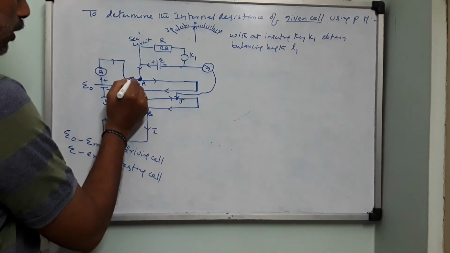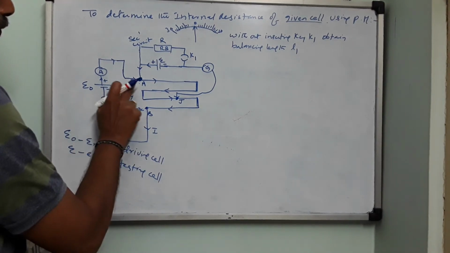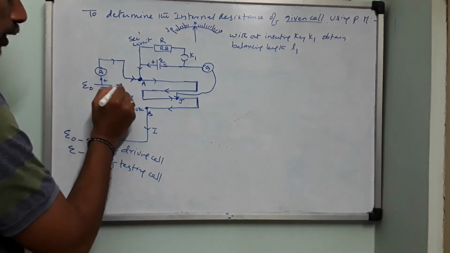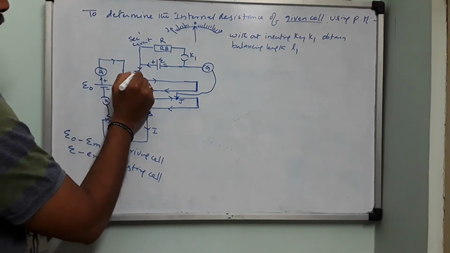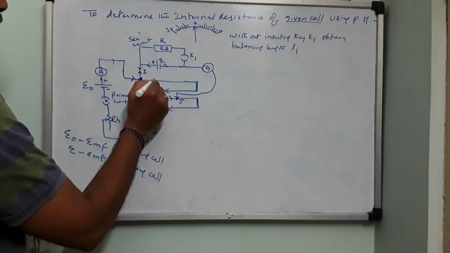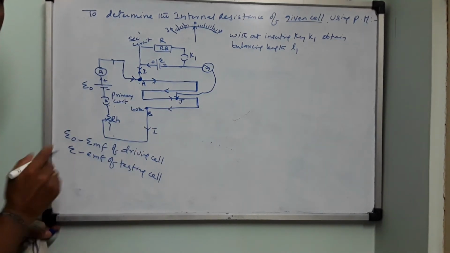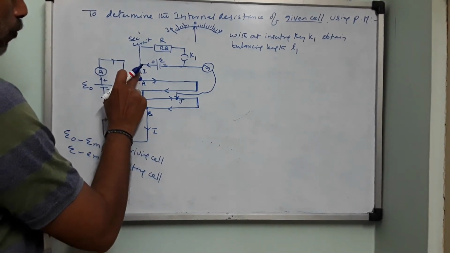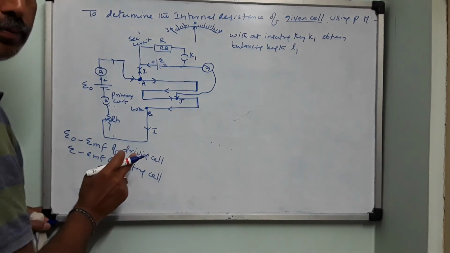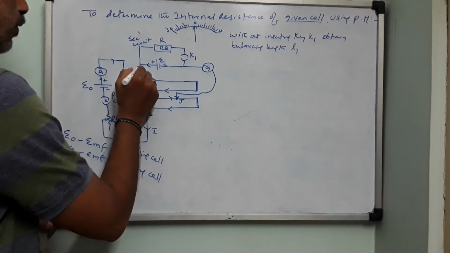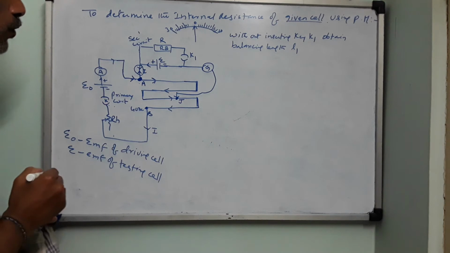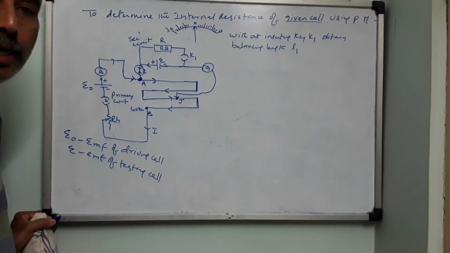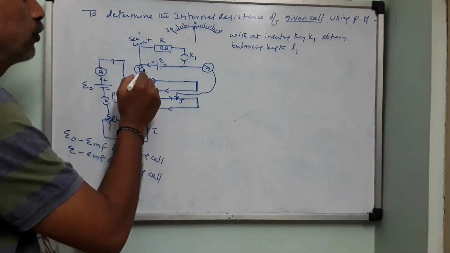Now you see this current, it is coming over here. I remove this. This current is coming here. Which current? This current, the driving cell current. Now it will find two ways. Some current will go upwards and the remaining current will go like this. Are you following? This current is split into two ways. Some current will go upwards, some current will go into the wire. When these two currents are equal in magnitude, and as already they are in opposite direction, the net current in this part will be 0.